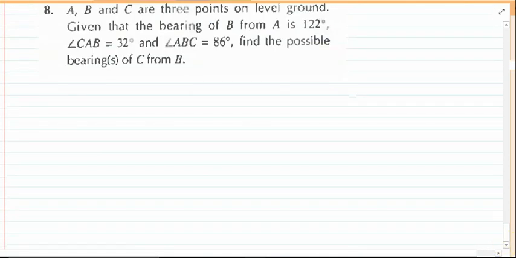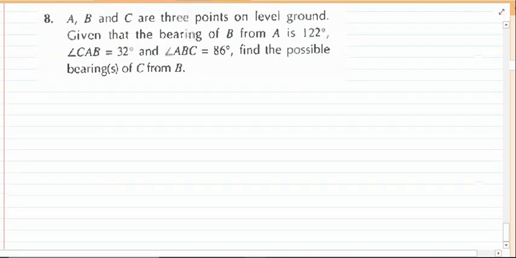Now it says A, B and C are 3 points on level ground. Given that the bearing of B from A is 122, angle CAB is 32 and ABC is 86. Find the possible bearings of C from B. So first thing, if I write out the important things,